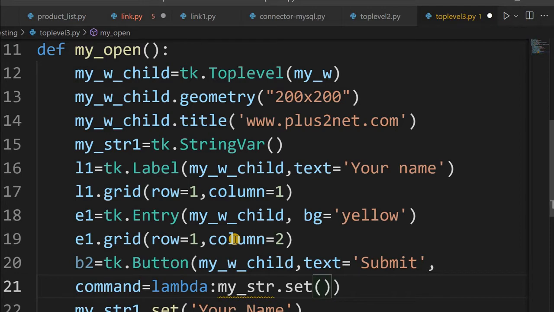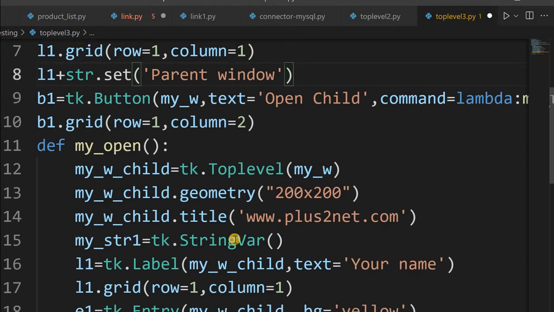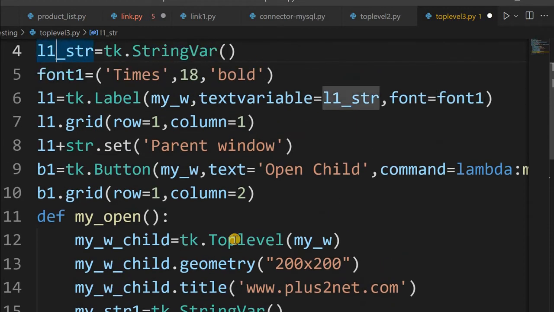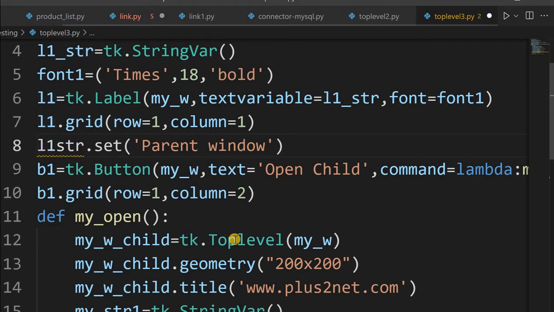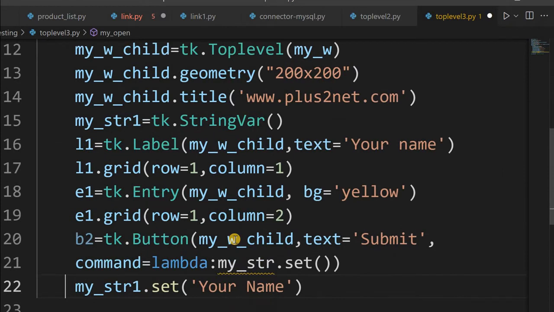Let me just see at the top. It is L1, sorry, here I did a mistake. L1_str. This is also L1_str, not my_str. So here it is L1_str.